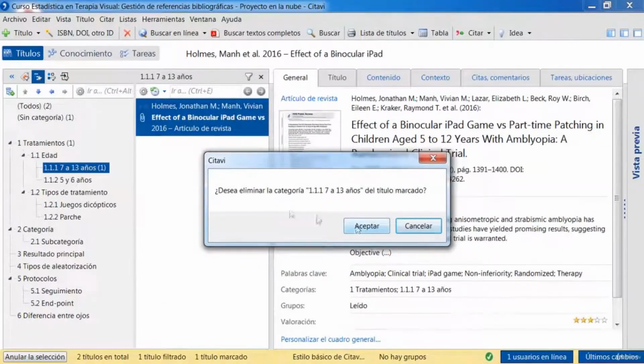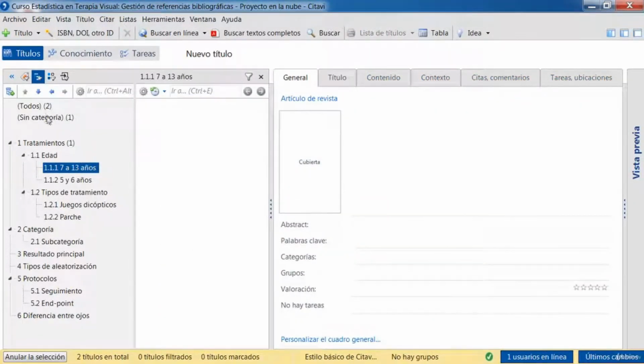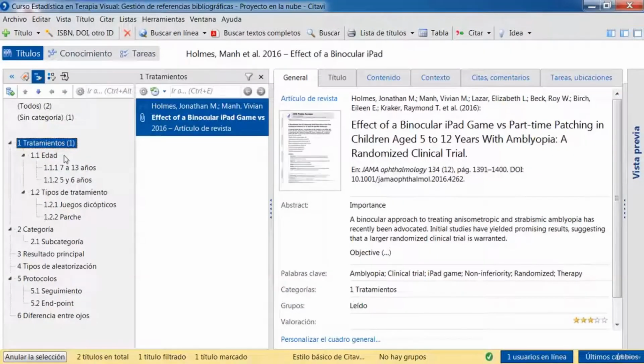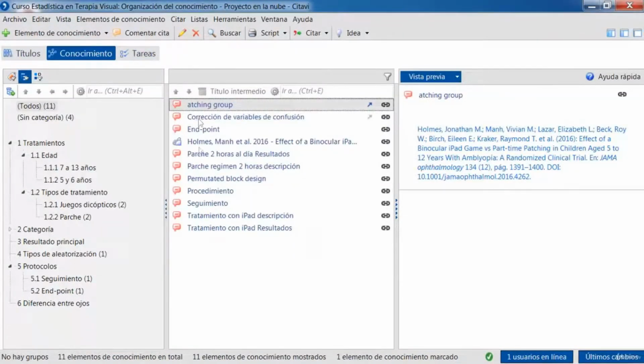Y esto lo que me hace, tras pulsar en aceptar, es mantenerme el artículo, pero ya no está asociado a esta categoría, sino que está asociado solamente a la categoría superior. En esta parte hemos visto cómo asignar una referencia dentro de una categoría, y eso lo hacemos estando dentro de la pestaña de títulos. Si vamos a la pestaña de conocimiento, puedo hacer lo propio, pero con el conocimiento, las